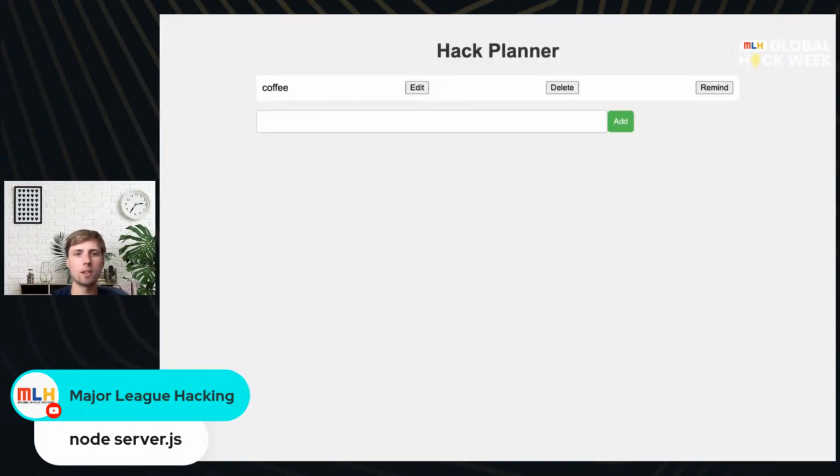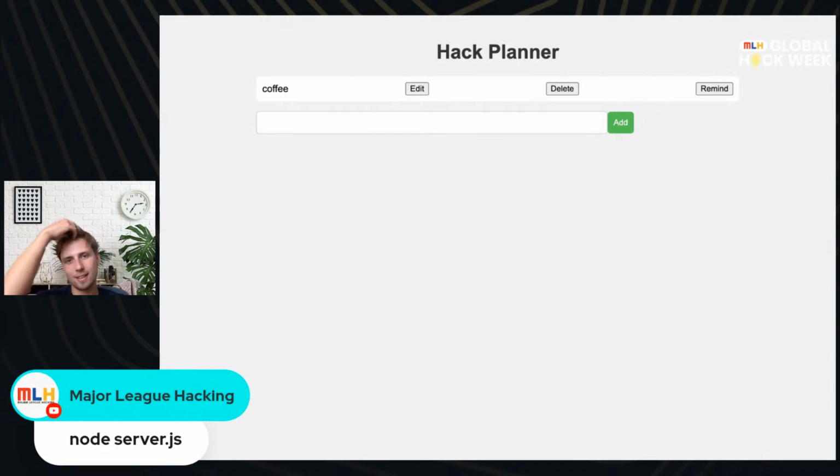It'll direct you to the Hack Planner. So there's our Hack Planner. And this is exactly the same one that we had in our Flask framework. You can't see it, but it's sending me a reminder just like the Flask one did. It's sending me an email address, and I can add in a new one, like